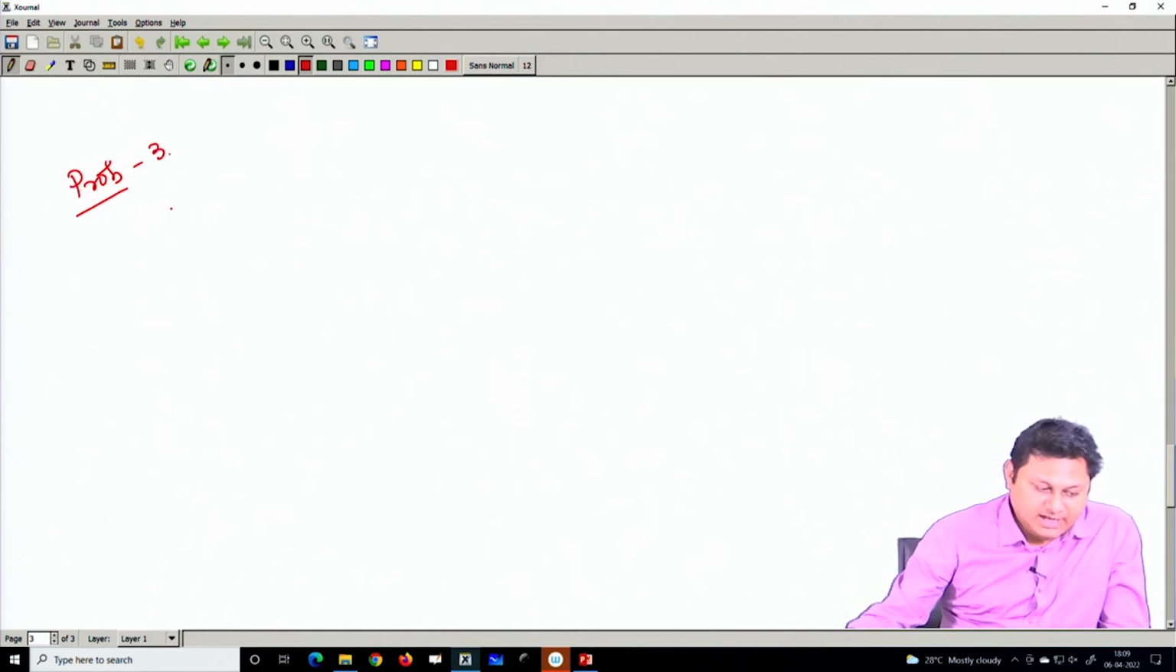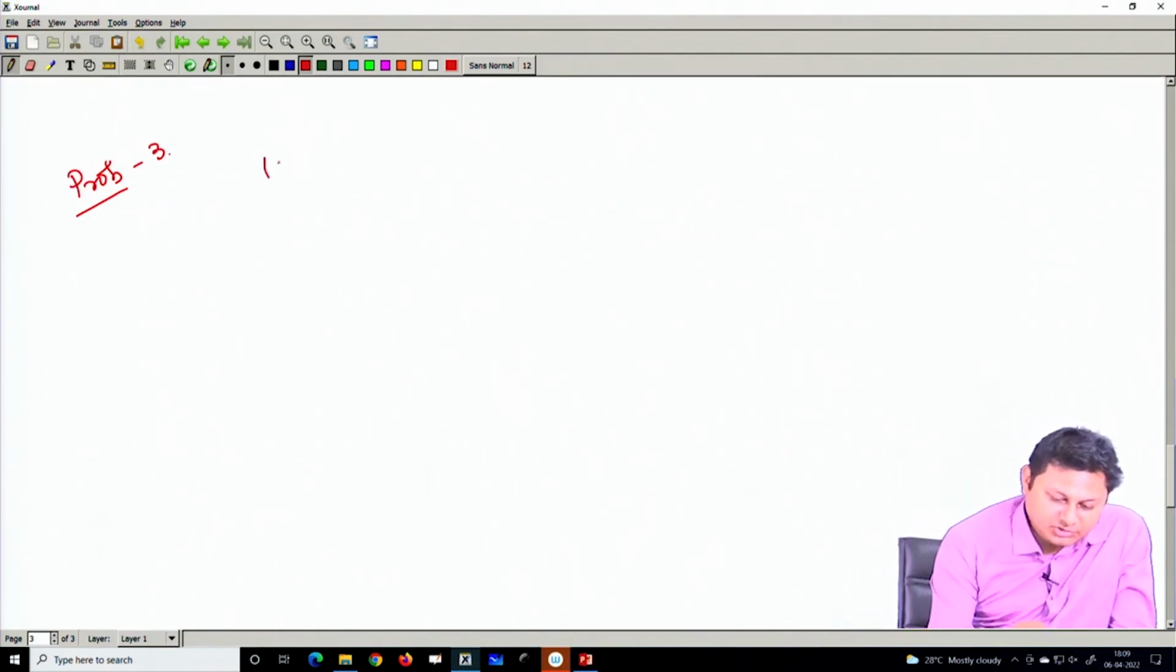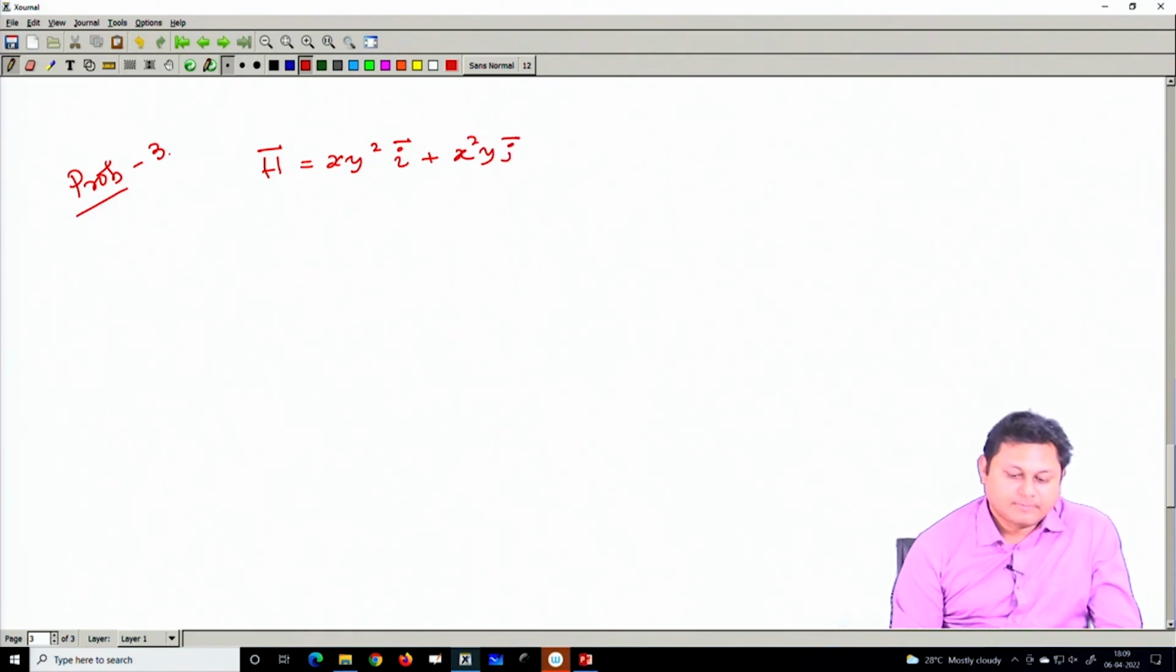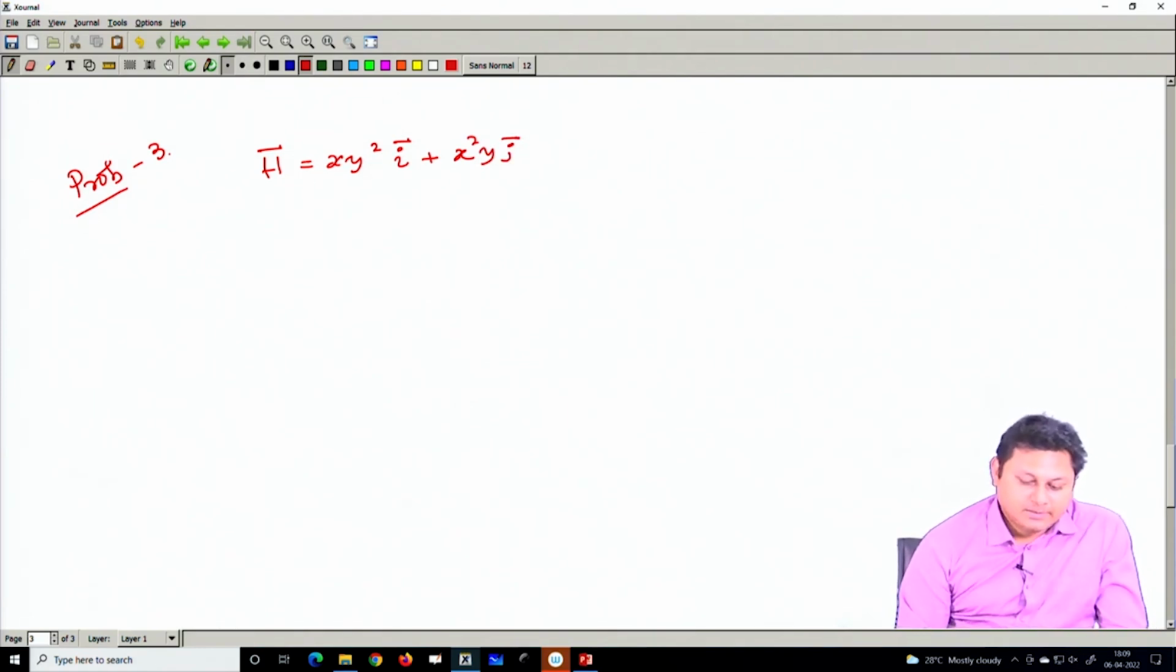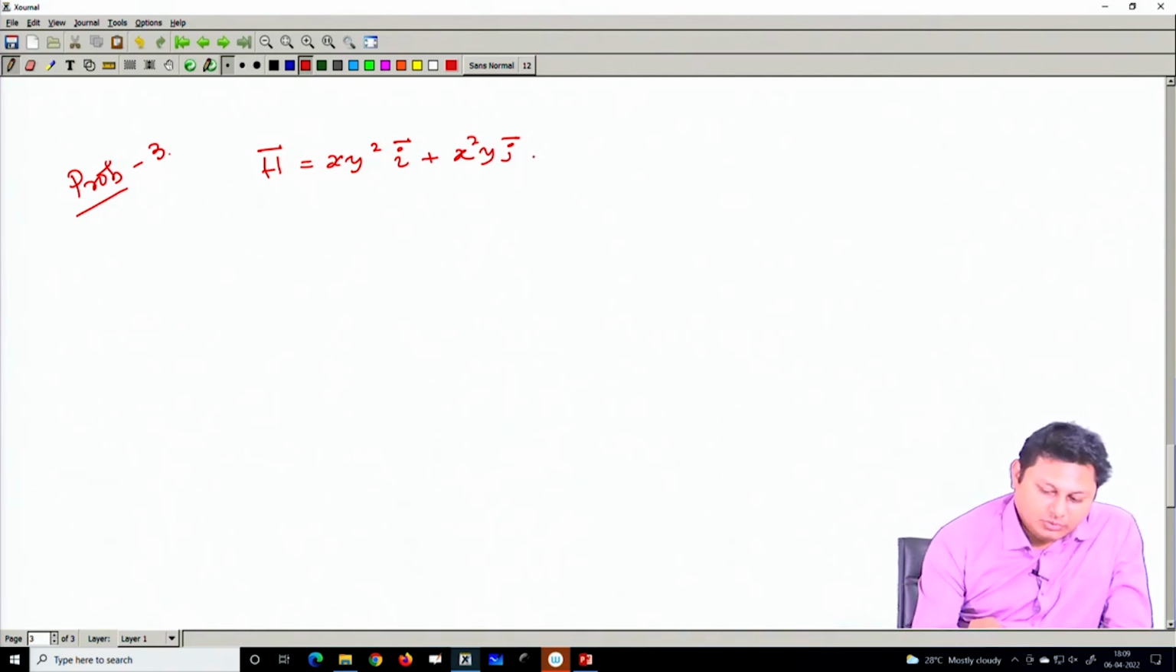Problem 3 suggests that suppose H is x y square i plus x square y j. This is a vector field. So, the question is: find out the line integral